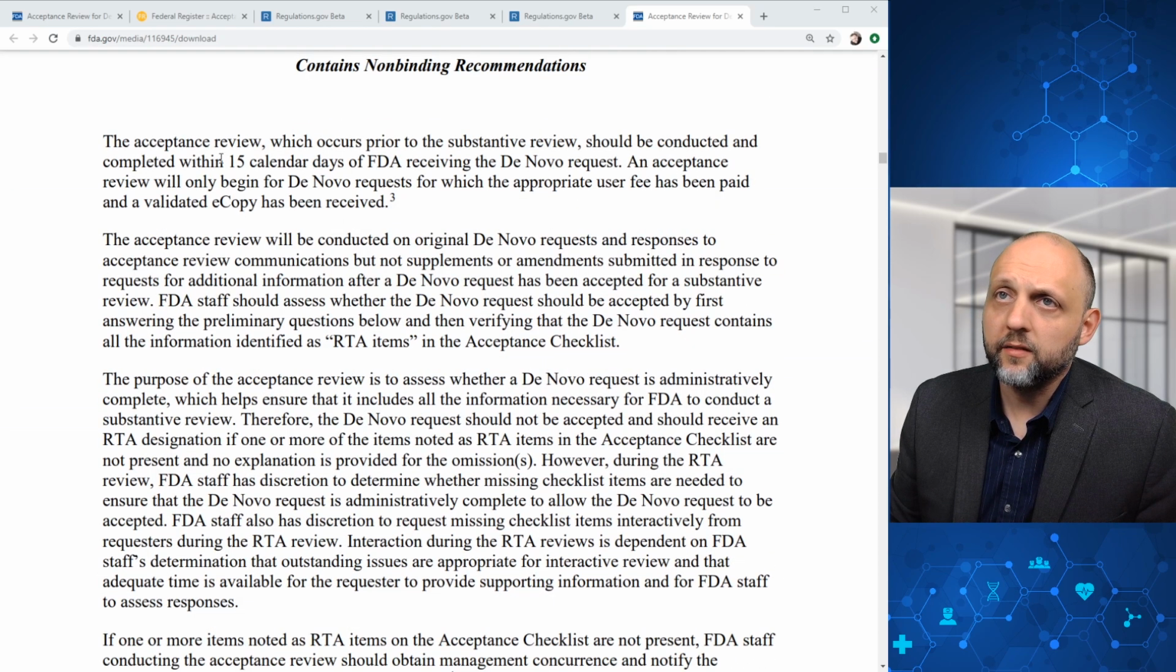And here, the acceptance review should be conducted and completed within 15 calendar days of FDA receiving the de novo request. An acceptance review will only begin for de novo requests for which the appropriate user fee has been paid and a validated e-copy has been received. So make sure that you get those in if you're going down this route. The acceptance review will be conducted on original de novo requests and responses to acceptance review communications, but not supplements or amendments submitted in response to requests for additional information after a de novo request has been accepted for a